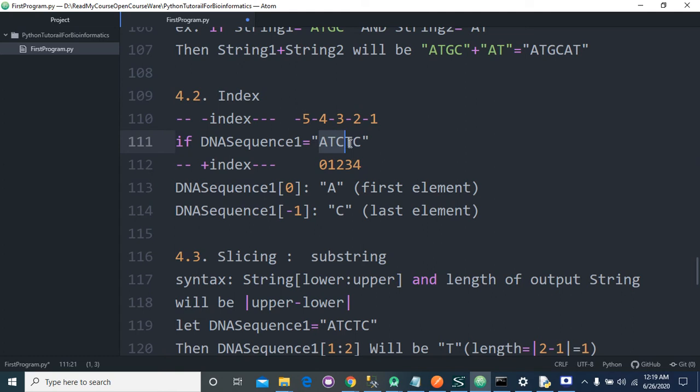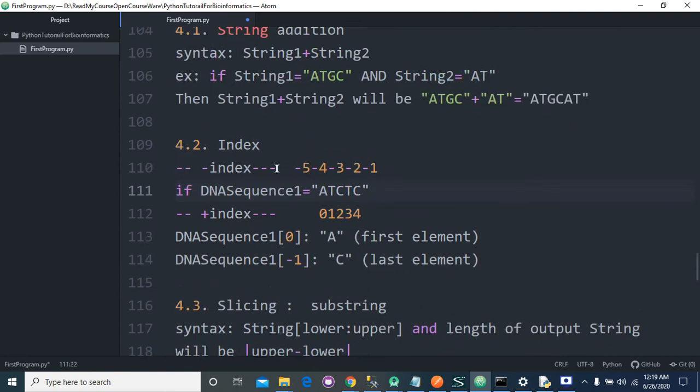Then 0 will indicate A, 1 will indicate T, 2 will indicate C, 3 will indicate T, and 4 will indicate C. Similarly, negative indexes start from the last, and always start from -1, while positive always start from 0. For negative indexes, -1 will indicate C, -2 will indicate T, -3 will indicate C, -4 will indicate T, and -5 will indicate A.